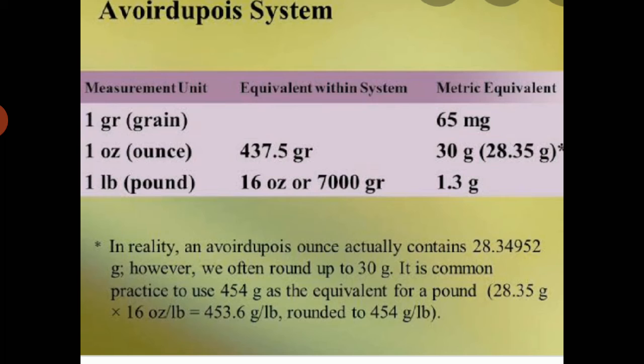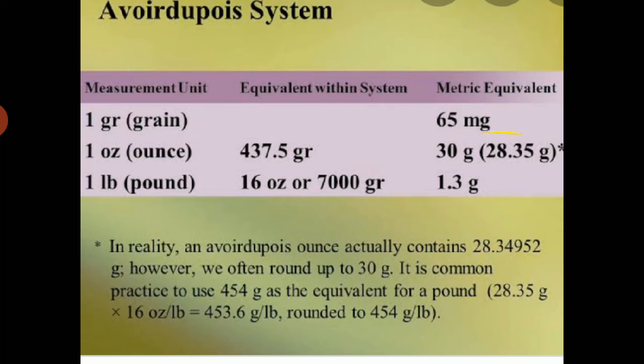If we discuss the calculations, we have 3 percentage calculations. First is weight by volume solutions. In this, the solute is weighed and the solvent is measured. The general formula for 1% weight by volume solution is solid 1 part by weight and 100 parts by volume. So 1 gram solute dissolved in sufficient amount of water to produce 100 ml, or 10 mg in 1 ml of water, makes 1% weight by volume solution.